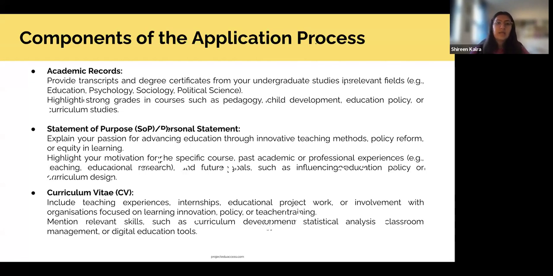In those cases, you submit whatever transcripts or academic records you have till date, and then you hear back from the university with what's called a conditional offer, which means that you can come study in our university as long as you get XYZ grade as your final grade in the degree that you're doing.